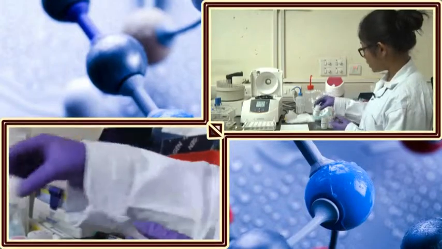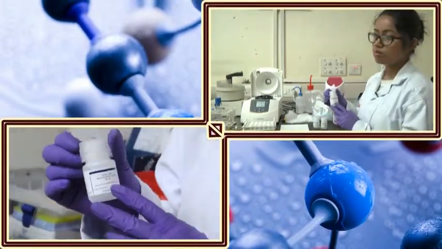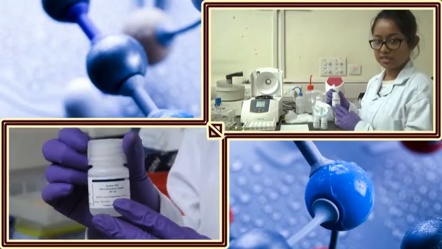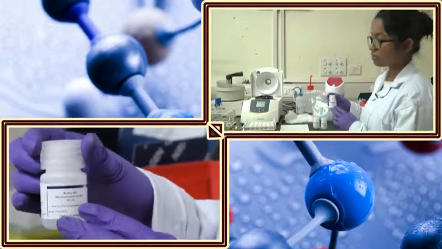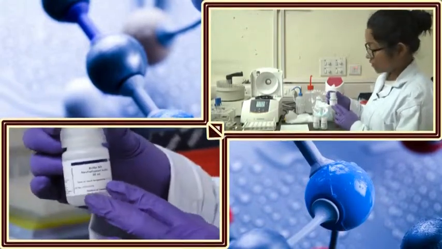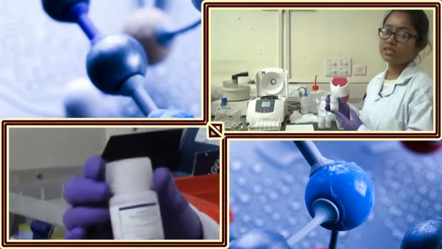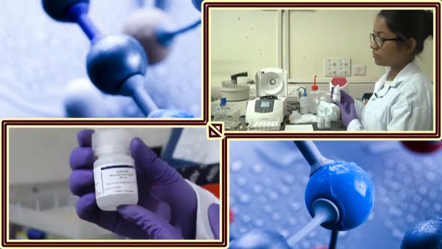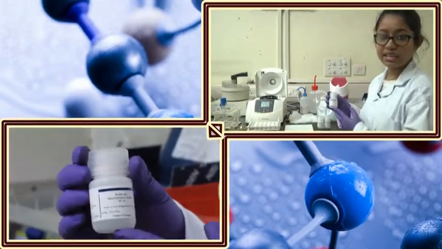After this, we need to have a neutralizing buffer. So, this buffer is mostly 3 molar of potassium acetate. So, potassium acetate is acidic in nature. The third buffer which we will need is the neutralization buffer. So, neutralization buffer has around 3 molar of potassium acetate. So, this is acidic in nature.